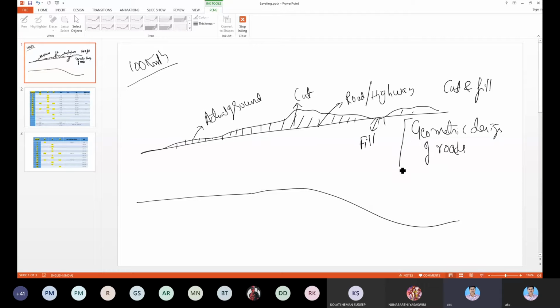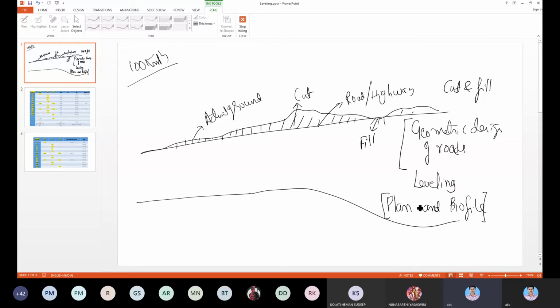So in geometric design, the leveling data is used in designing highways. One, to develop the plan and profile of a road. The plan and profile is the final output of a highway design, which will be implemented in the field. Without plan and profile, one cannot start constructing the highway because it gives details of how much the road should be raised, how much ground should be cut, and how much ground should be filled.